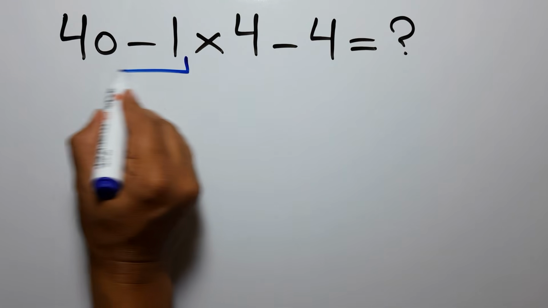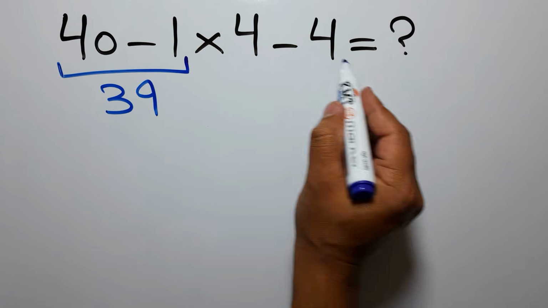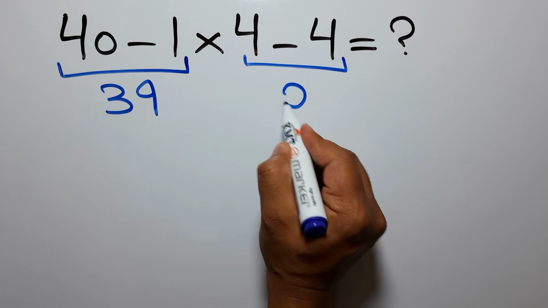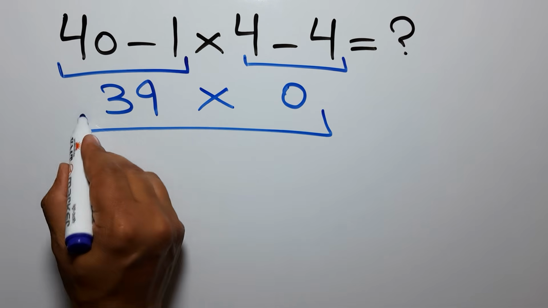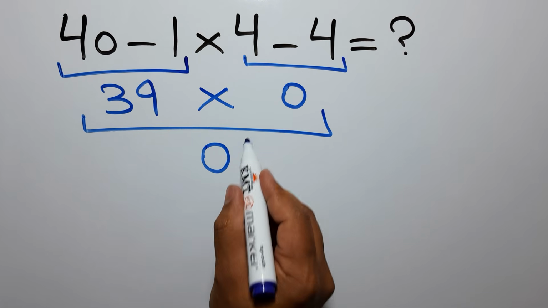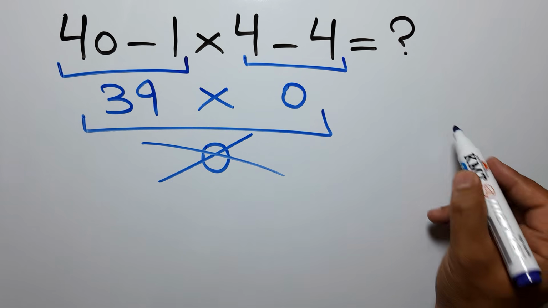40 minus 1 gives us 39. And here we have 4 minus 4, which equals 0. So 39 times 0 equals 0. But this answer is not correct, because according to the order of operations, which is PEMDAS,